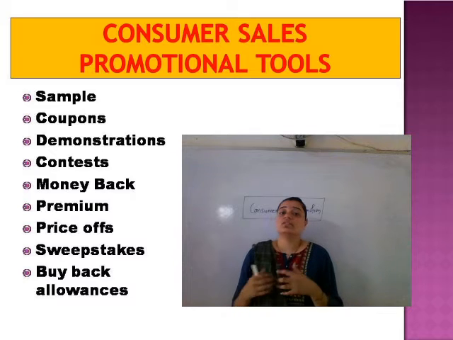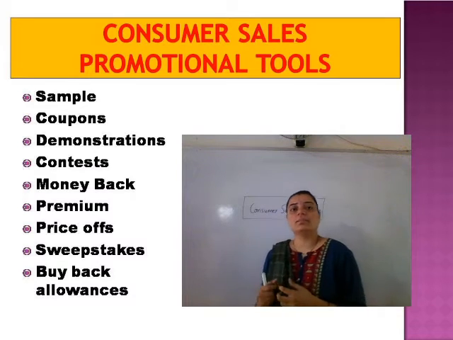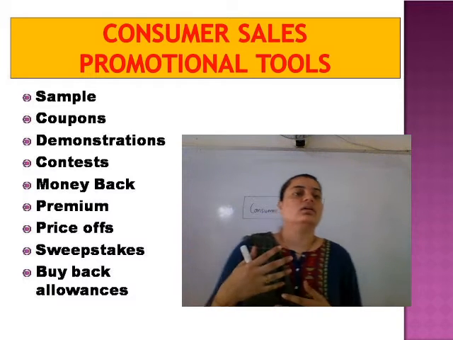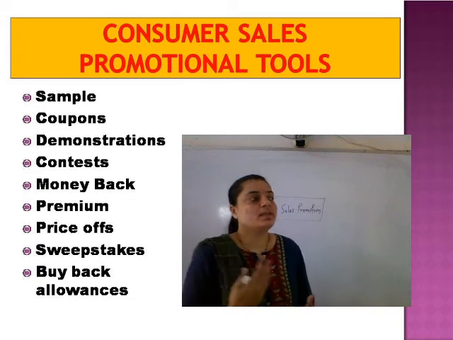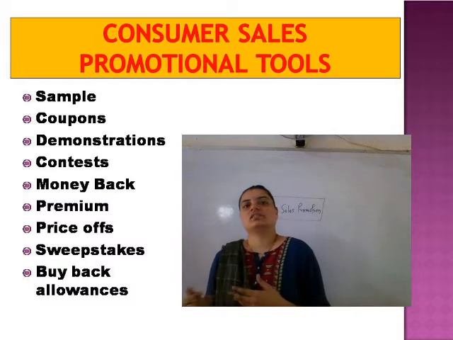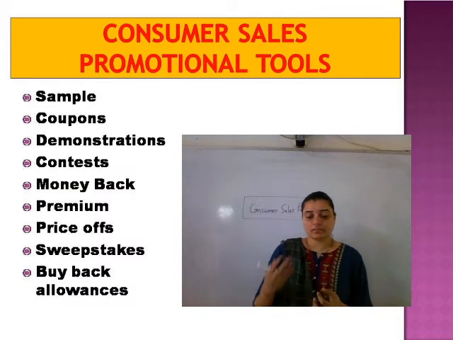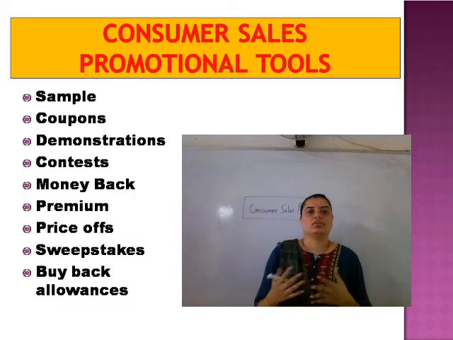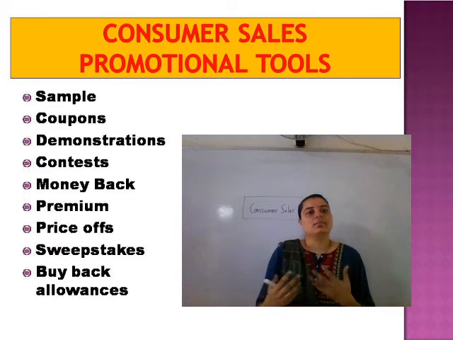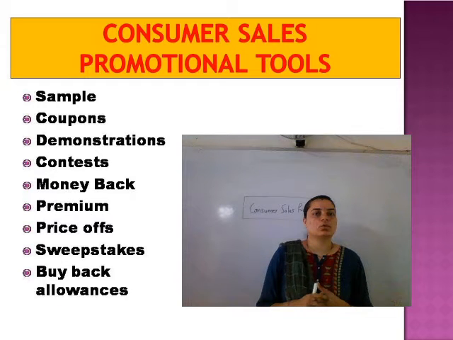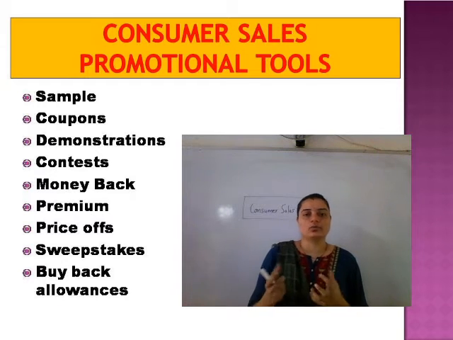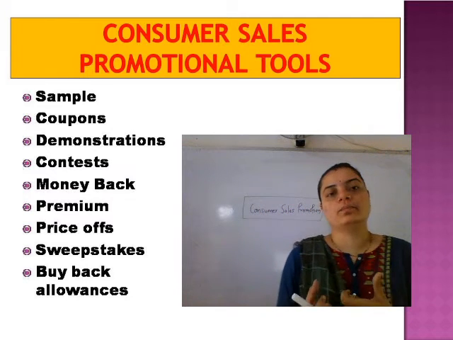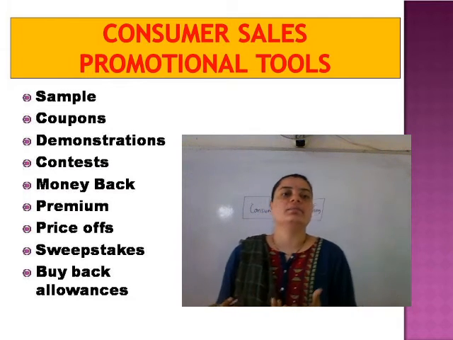Also it can be received through the mail. Reusable packages also serve as a premium. Premium is generally offered on consumer goods such as soap or toothpaste. Premium may be of several kinds, like direct premium or reusable container premium. For example, suppose you are buying toothpaste for yourself and you get a free toothbrush with it, that is a premium.